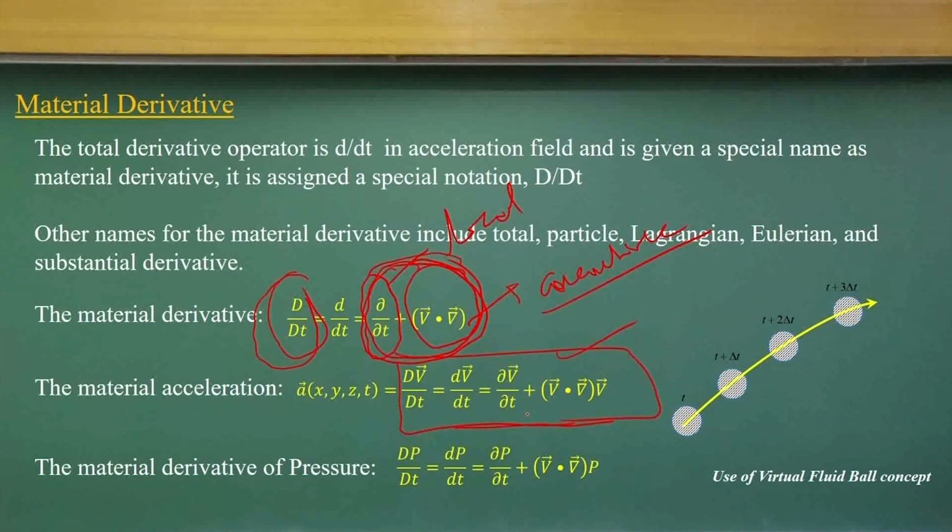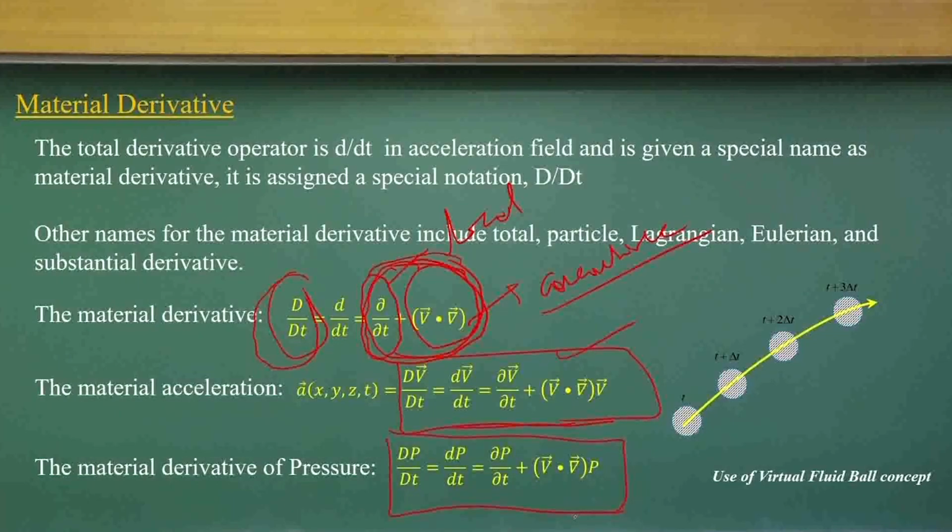This is because of velocity gradients in the space domain, and that is what we represent as the acceleration. In a similar way, if I talk about particles, they have some pressure. How this particle derivative changes with time, I can define like this. If my particles have density, as I said earlier, my virtual fluid balls can have different densities. If I define that, I can define the material derivative of that density, dou rho by dt, in the same way, dt plus